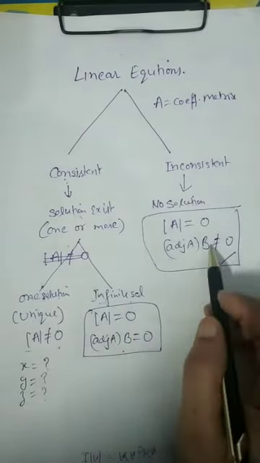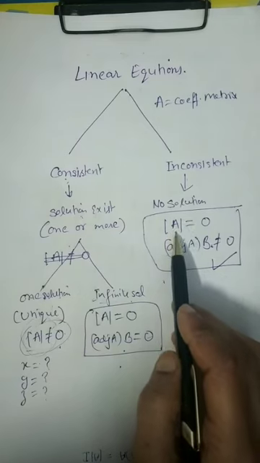So how to solve them? For any system of linear equations, we find A, the coefficient matrix, and then we find determinant of A. If determinant of A is non-zero, then that means the system of equations has a solution which is unique. So if determinant of A is non-zero, then a unique solution happens. If determinant of A is 0, then we check adjoint of A into B. If adjoint of A into B is also 0, if both these values are 0, then also a solution exists, and that solution is infinite. That means there are infinite values of x and y which satisfy the given equations.